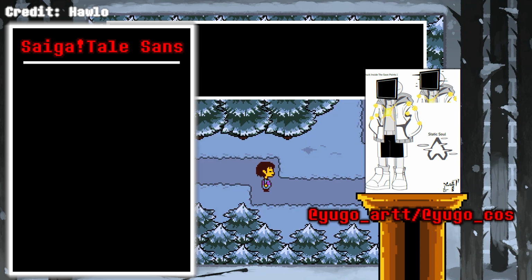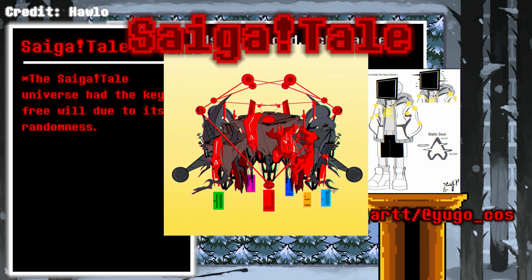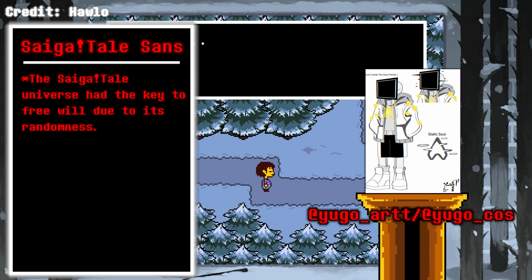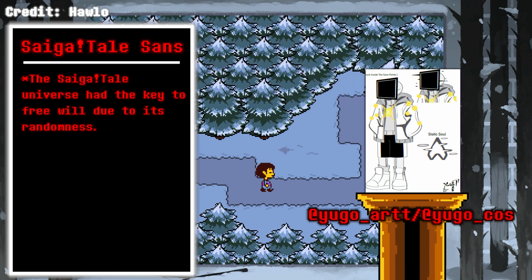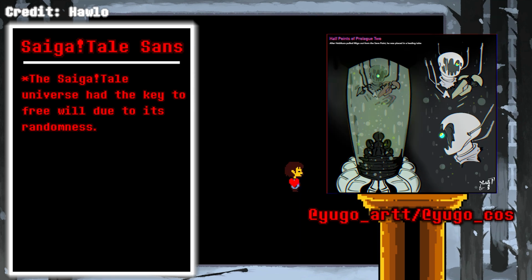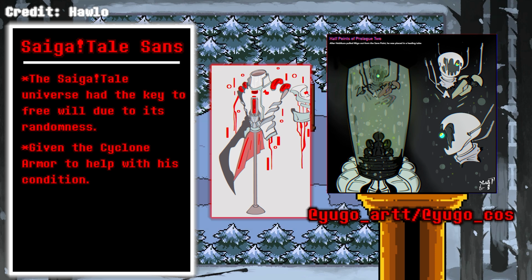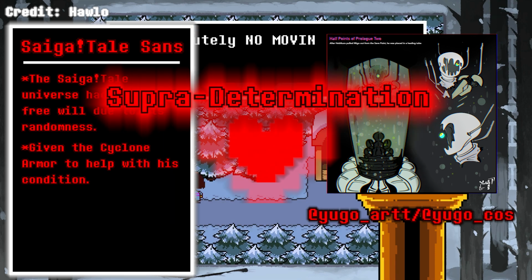The key to obtaining this free will seemed to come from the Saigatail universe, where the impossible is an everyday occurrence. Hebikura took Sans with him to the Saigatail universe, and in order to help him with his poor condition, he created the Cyclone Armor, a set of power armor that was supposed to make up for Sans' withered and decayed body. The suit was combined with an upgraded form of determination called Super Determination, and after wearing the suit,